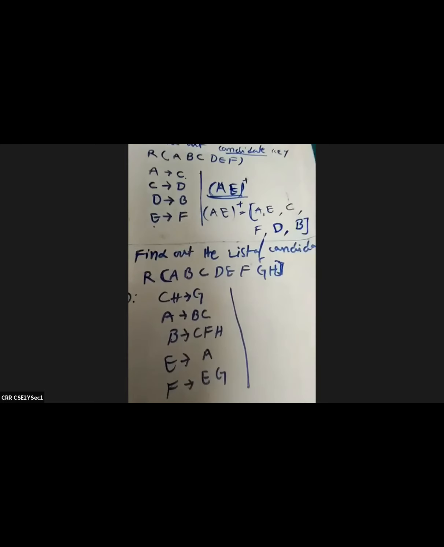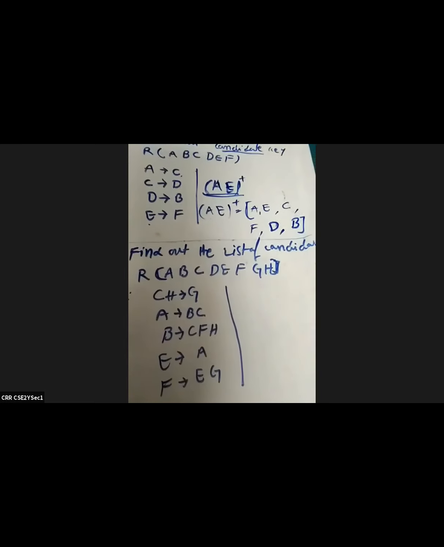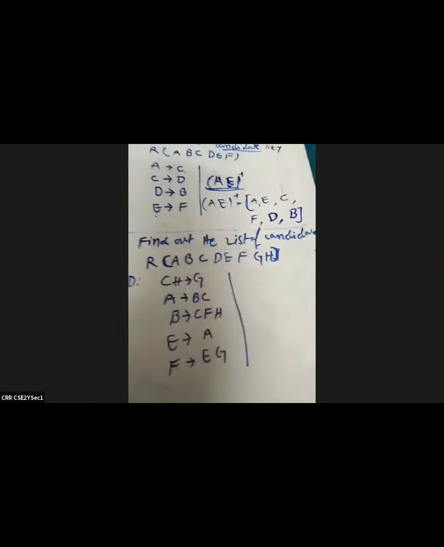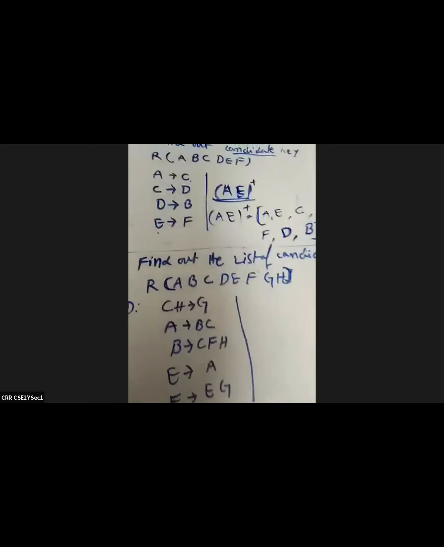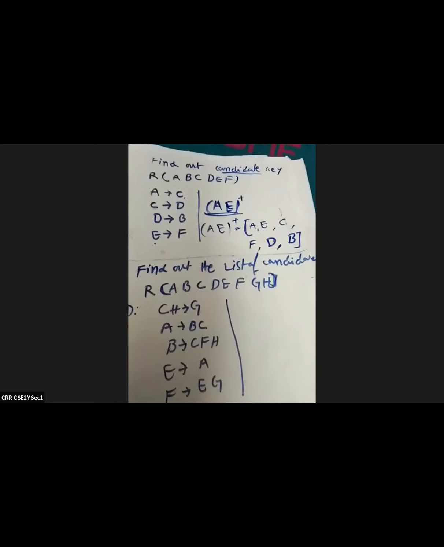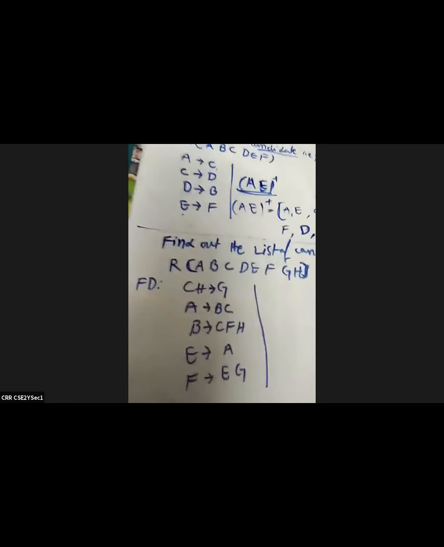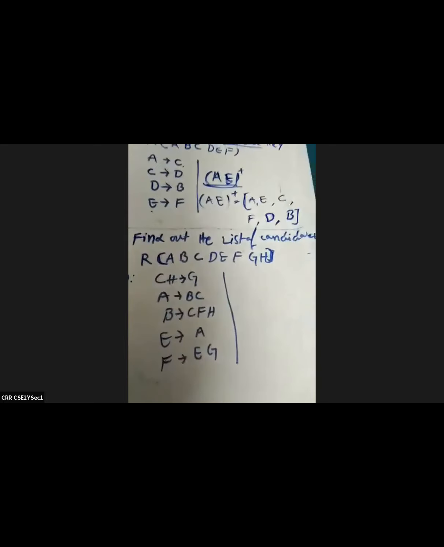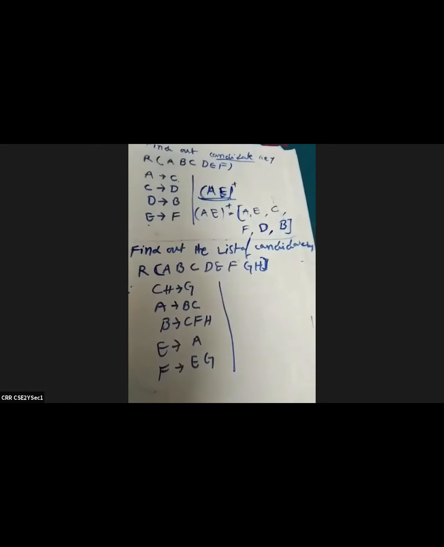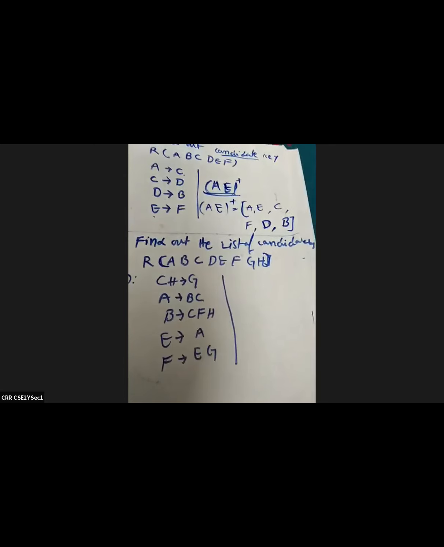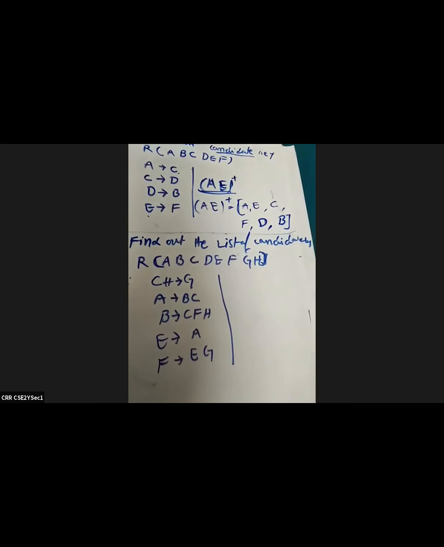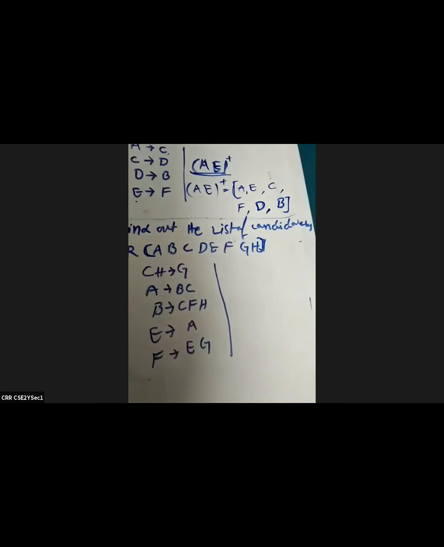I hope all of the members were able to understand what I'm saying today. From the exam point of view, or maybe in competitive exams, they may ask questions in this type of way. That means consider one relation with some set of functional dependencies, and we try to find out the possible set of functional dependencies. Okay, so here the question is to find out the candidate keys.